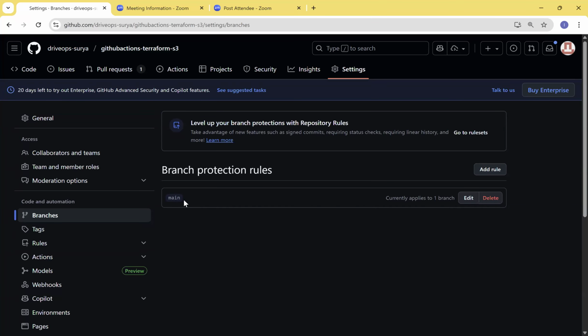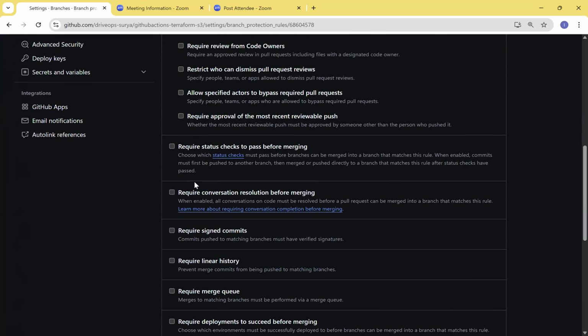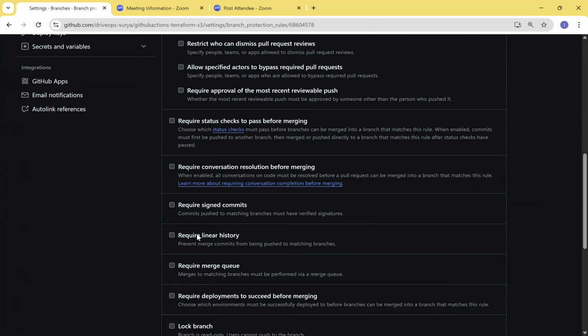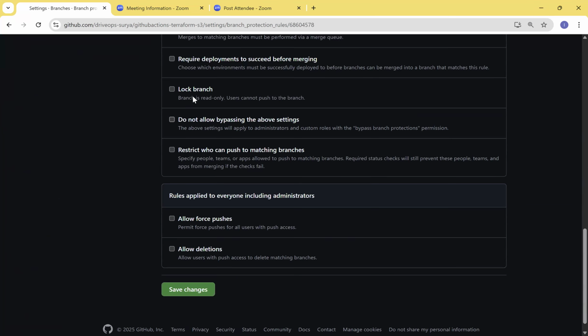We don't want any changes going directly to the main. If you don't have this option, someone can directly merge these changes to the main branch, which we generally don't recommend in projects. So for now, since I don't have any approvals, I'm removing this branch protection rule,